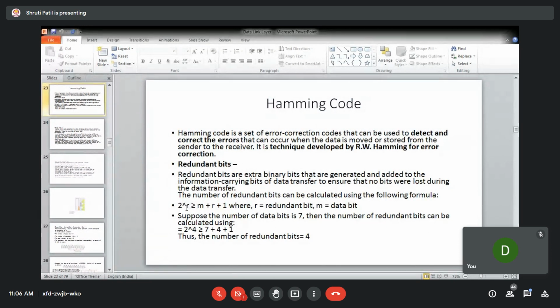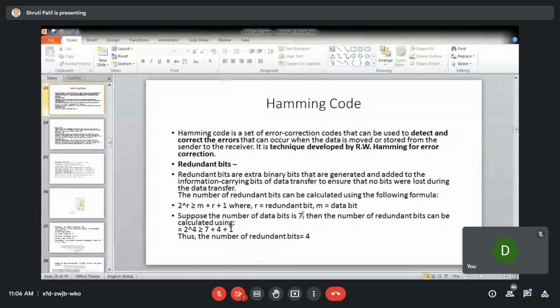Here we have seen that you require 4 bits, because 2 raised to 4 is 16, and 7 plus 4 plus 1, which is 12, is less than 16. If you take 2 raised to 3, this is 8, and 7 plus 3 plus 1 will become 11. So this is not satisfying this particular equation. So you require 4 redundant bits to be added to the M data bits.